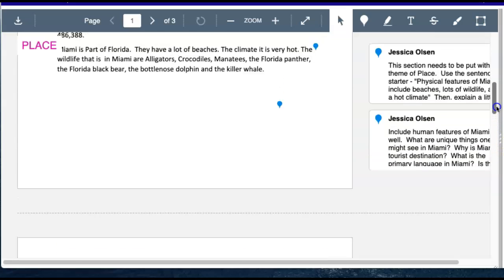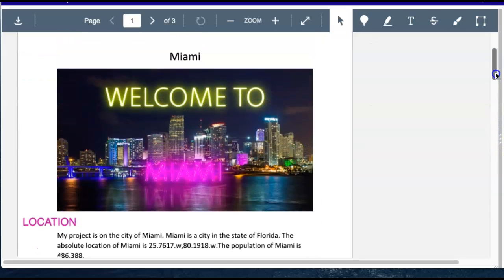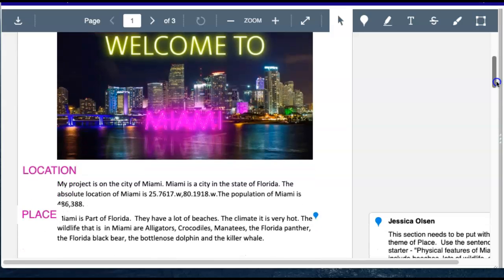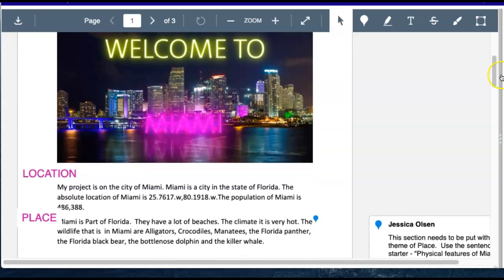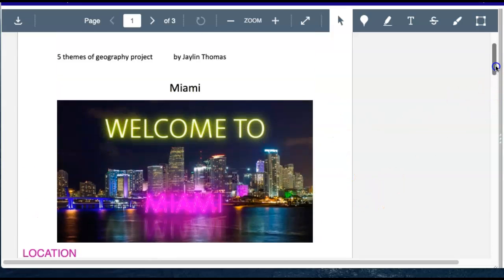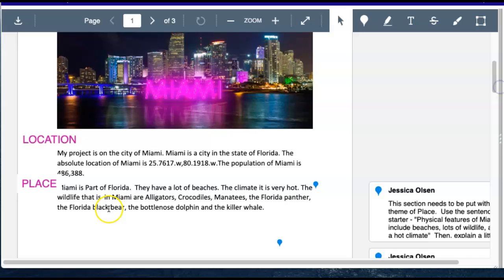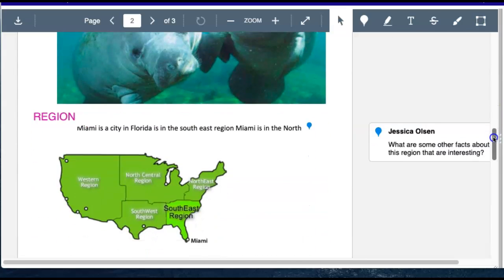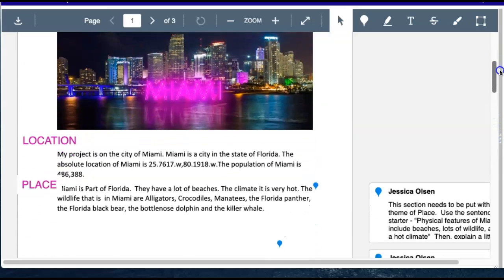And it might be good if you could organize it where maybe you had 2 themes on a page. Because this one is your title page, I would suggest moving place to the second page and sharing it maybe with just the next theme, which is region. Okay, so